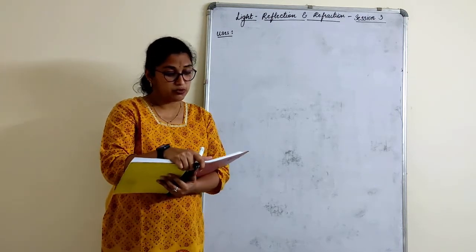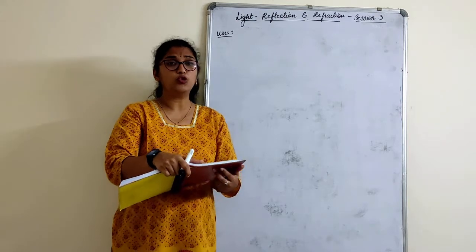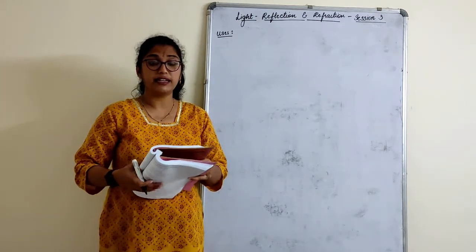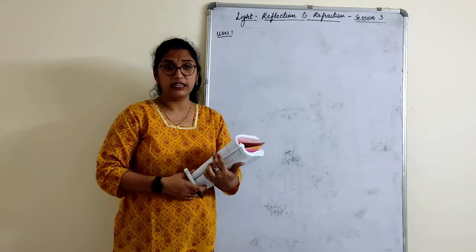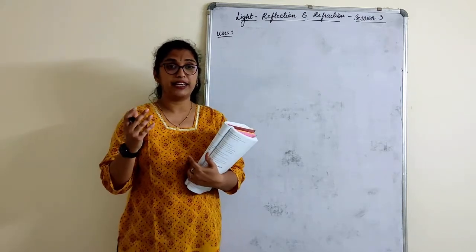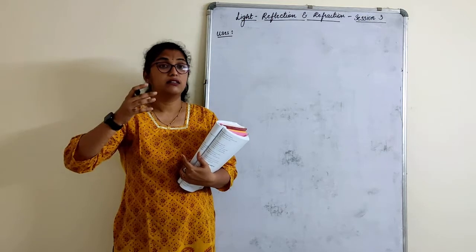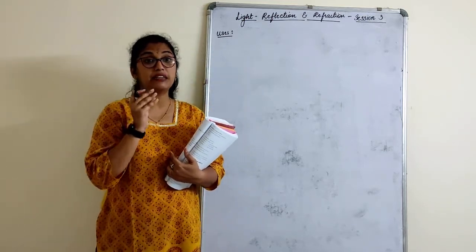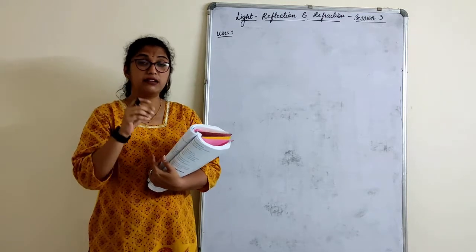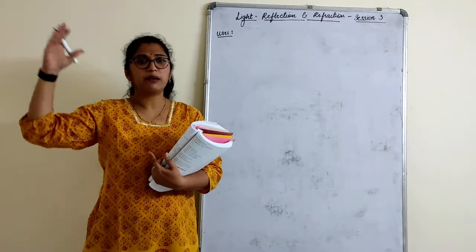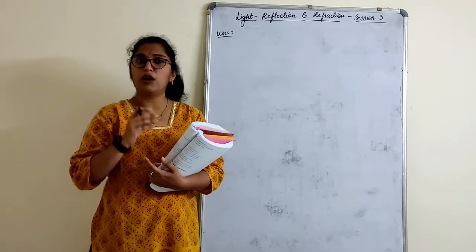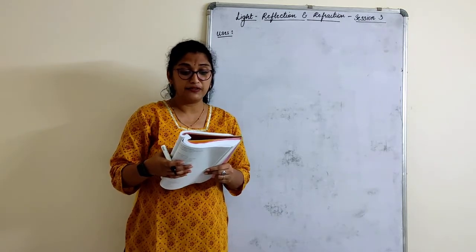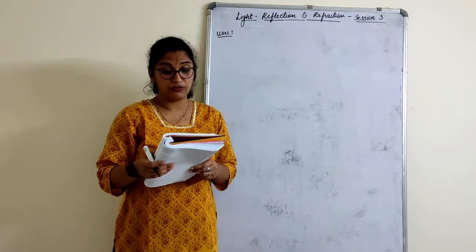Convex mirrors are used as rear view mirrors. This is the usual question that is asked. Why? Because they always give an erect and diminished image, right? We have a rear view mirror in a vehicle, so if a truck or a two-wheeler is coming from very far, we can see the image in an erect manner but in a smaller size. We cannot see a big image, but we can see a smaller image, right? They have a wider field of view as they are curved outwards.